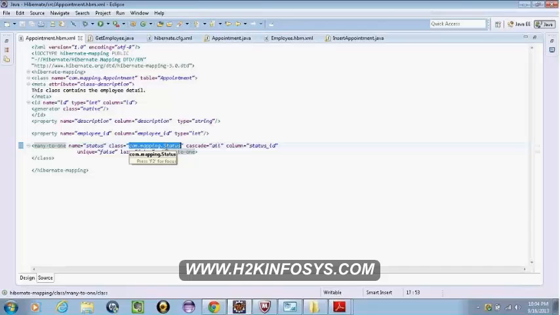It's a foreign key from the status table. In the appointment we have a status ID. It is referenced from the status table. Do you have a schematic diagram of this?